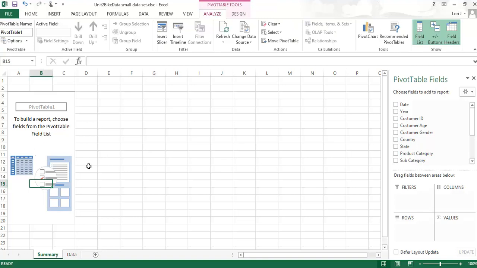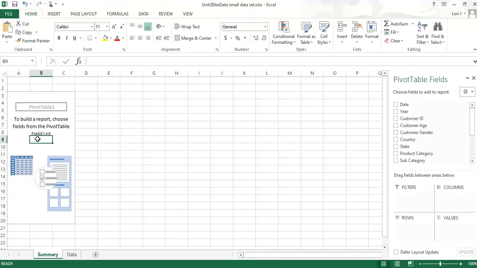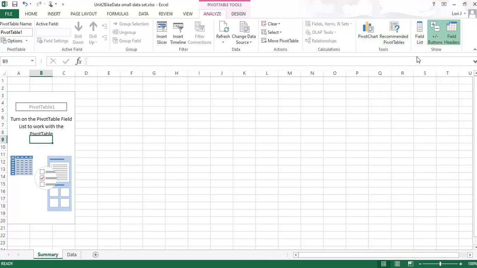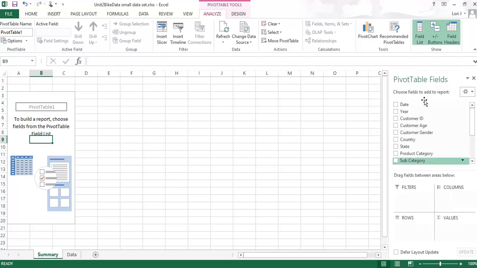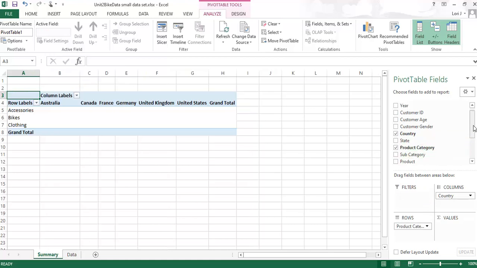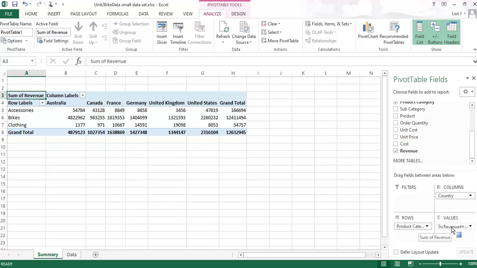If the field list ever disappears, you can click onto the pivot table anywhere in the pivot table and it'll reappear. You also have these options. For example, I can deselect field list, then select it for it to appear. We're going to look at total revenue by country and product category again. So if I bring country to my columns area, product category to my rows, and then revenue to my values,